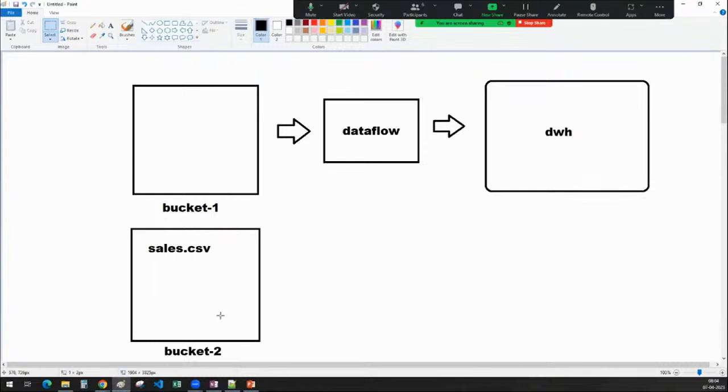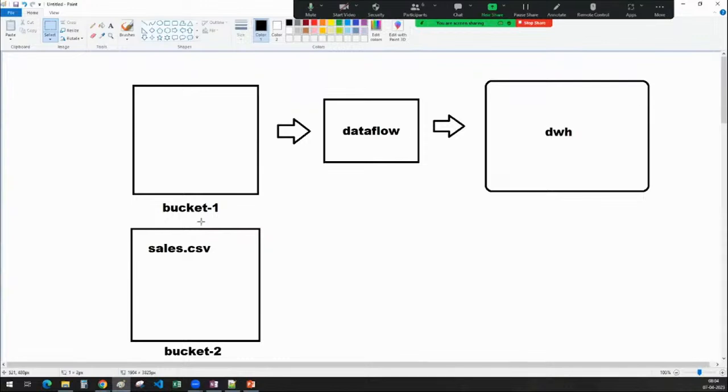So such kinds of scenarios we will see in our upcoming classes, how we are managing these kinds of activities. It's not that I want to do it manually. Once this pipeline is done and the data is available in the data warehouse, I want the file to be moved to bucket 2. Think that we are not available all the time, right? So once the pipeline runs successfully, the file has to be moved from bucket 1 to bucket 2. Such scenarios are very important in the companies.